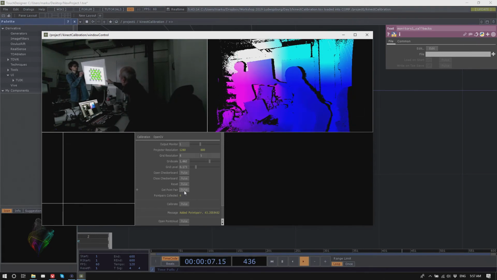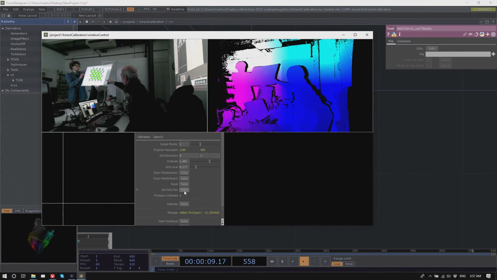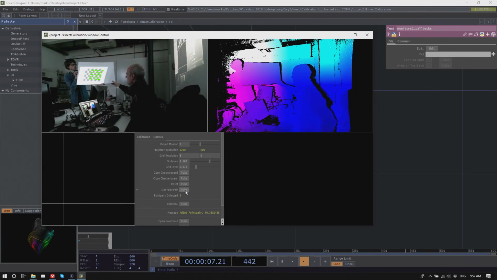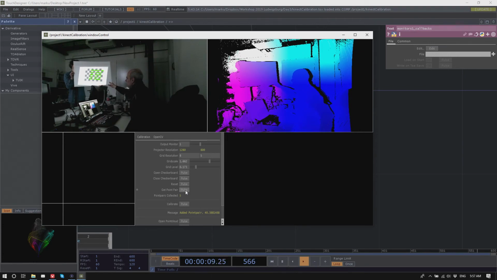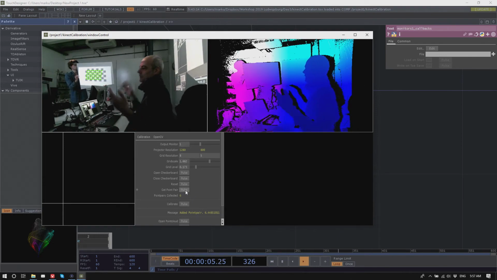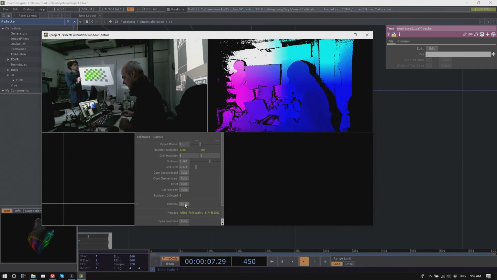Und noch vielleicht mal so. Ja. Get point pair. Und noch eins. Das machen wir mal so hier. Basically, you collect a couple point pairs that you need to then hopefully calibrate the whole thing.